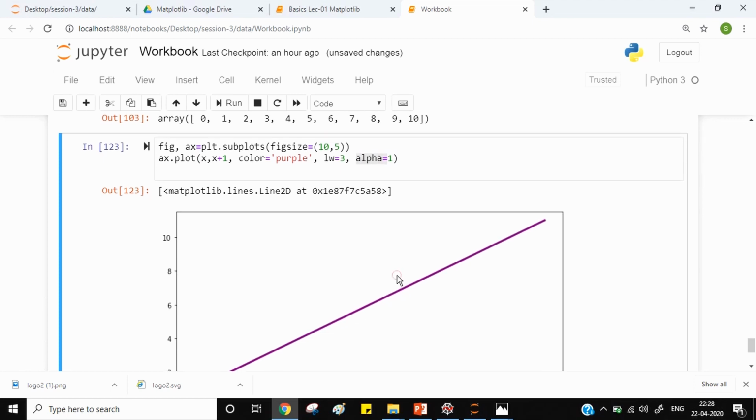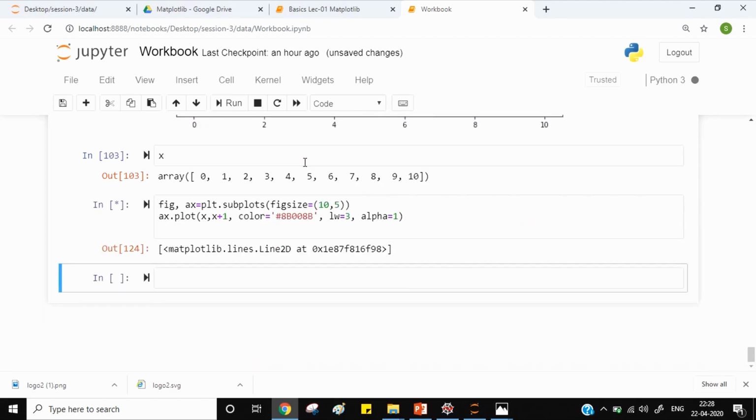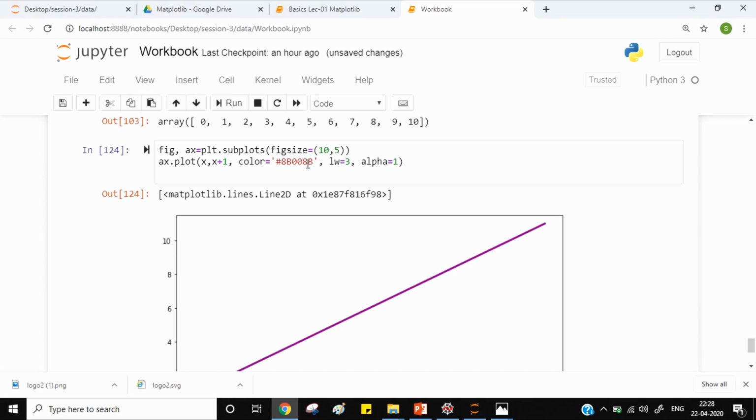Then similarly, there are many parameters which I can use with plot. You can explore those parameters from the documentation by visiting matplotlib.org. Again, instead of explicitly mentioning the color name, you can mention an RGB hex code. Okay, this code is for purple. So you can also mention RGB hex code for the color.